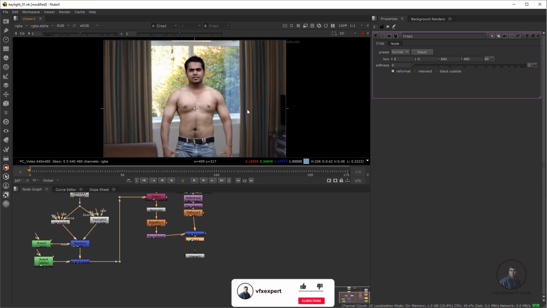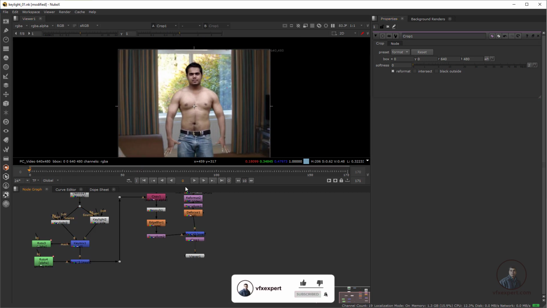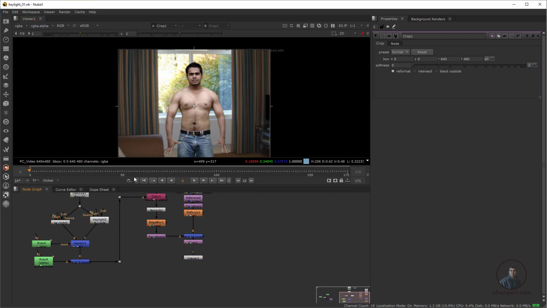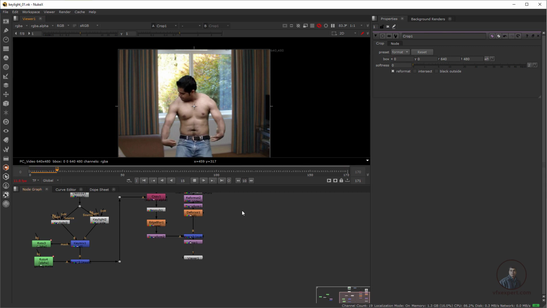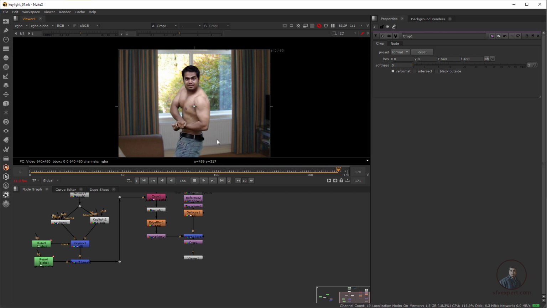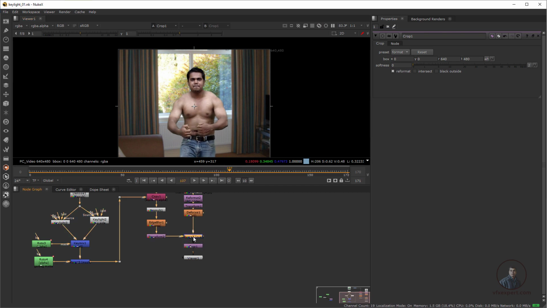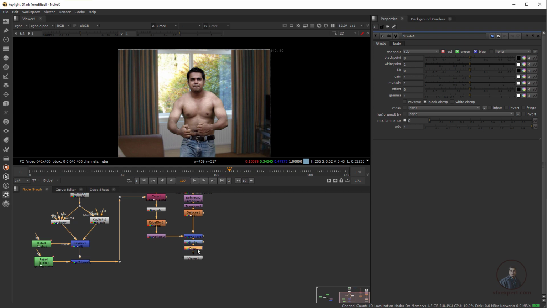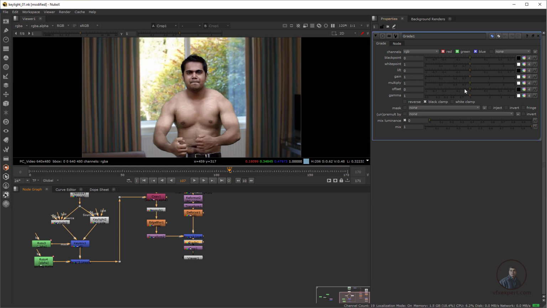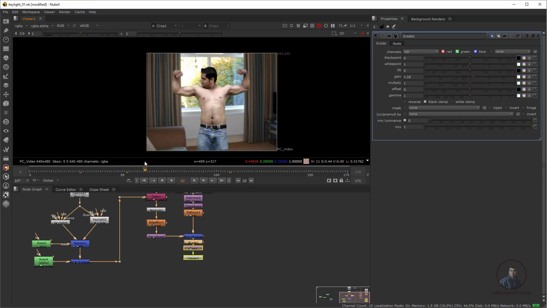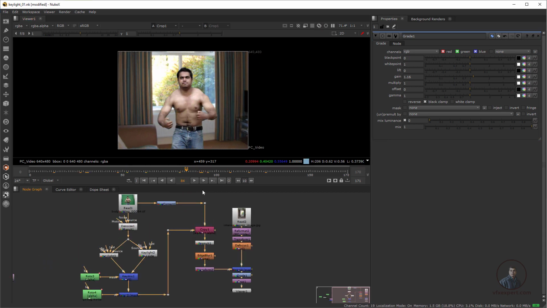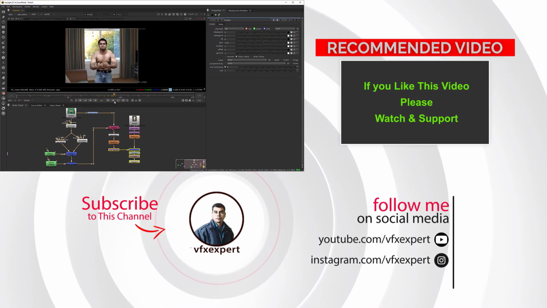So this is our final output, and after this if you want to use color correction, you can. Now press Control S to save, then play and check. Now you can see there is no problem here. This is looking good, and the remaining color correction and other things you can adjust here. After this merge, just press G. If you want, you can adjust the gain a little bit, maybe this one. I think this is looking good. Okay, so this is our final node graph. Easily you can see all these things here. The remaining things you can adjust according to your requirement.